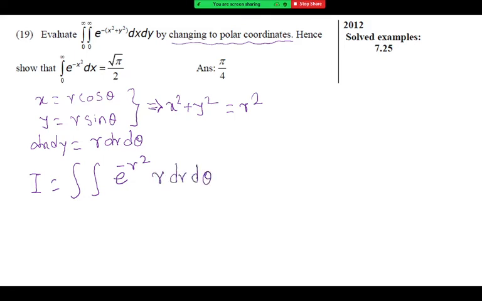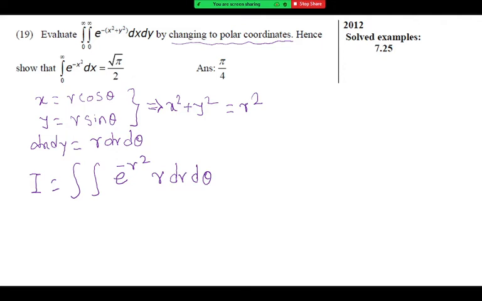Now we can integrate this double integral in polar. Actually this integral is not possible to evaluate in Cartesian domain. This is impossible to evaluate in Cartesian, and due to this transformation we can evaluate it. Only the limits for polar are left now. To get the limits for a polar coordinate, we should draw the strip along a radial direction.